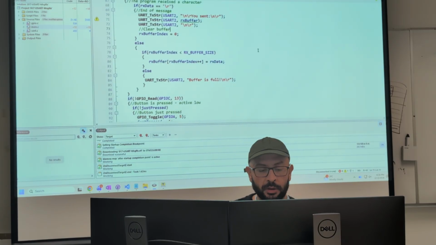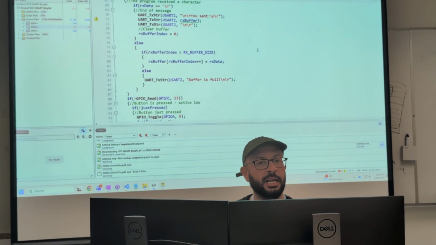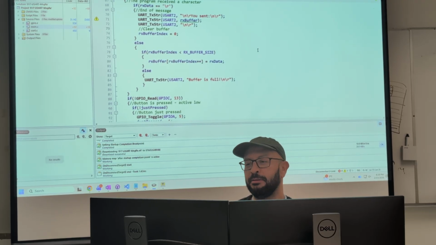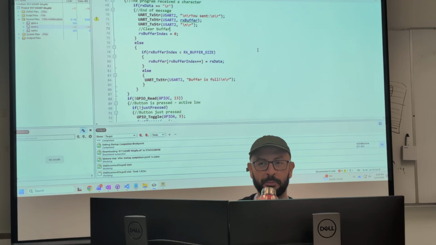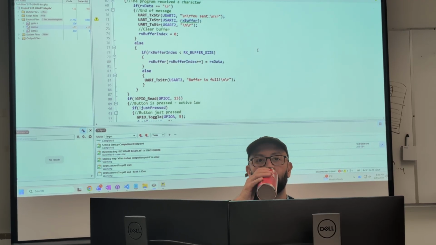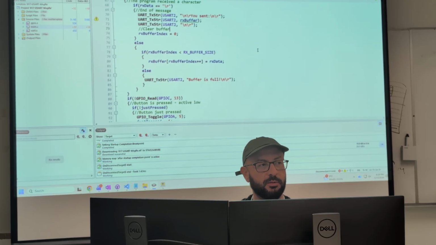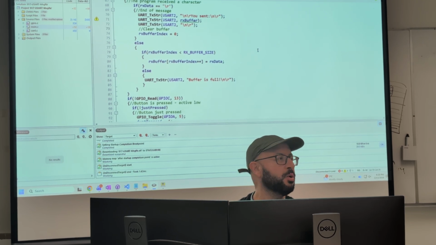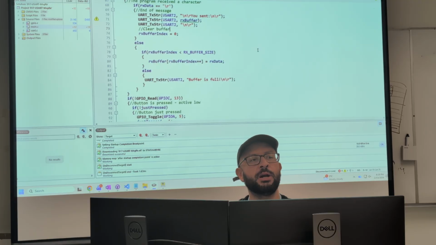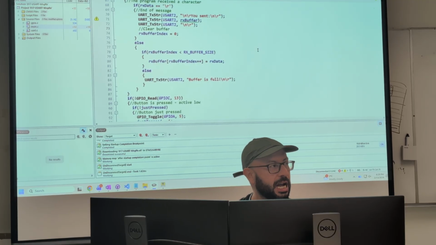Now the question is, how do I clear the buffer? And you're not allowed to say anything. Sorry. How do I clear the buffer? We might have talked about it in the first week. No, I don't think we did. We haven't talked about this because we weren't buffering things yet. But it should be the same concept as clearing. Let's say if you didn't know anything at this point, you just know what I've talked about in this class and 1300. How would you clear the buffer? How do you make sure it's all zeros again?